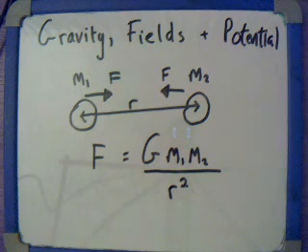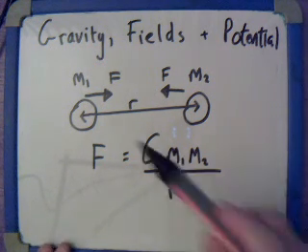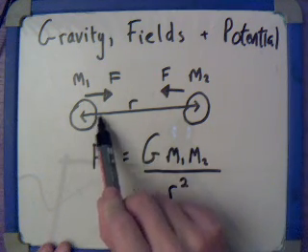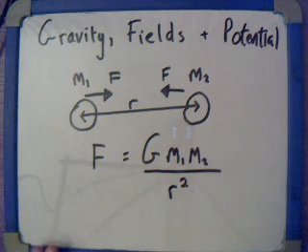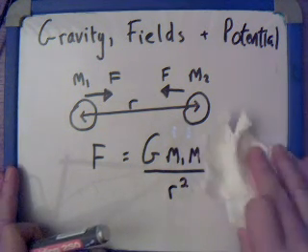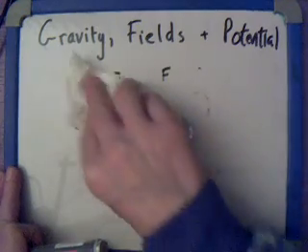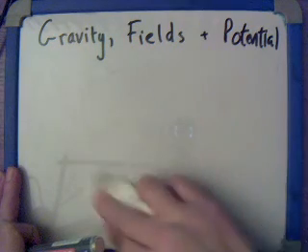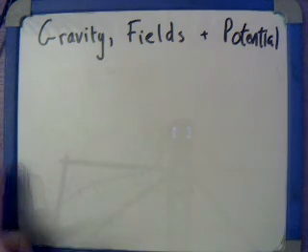Now, if these were planets, say the Moon and the Earth, we wouldn't need to worry about the bit of the R that's going into the centre. If they're so far apart, all we need to worry about really is the distance between their surfaces. Now, often when we're talking about gravity, we talk about large objects, because that's when you really feel a big force, and